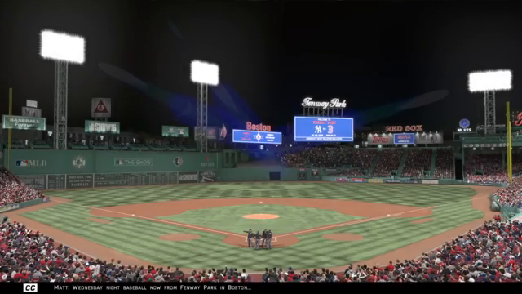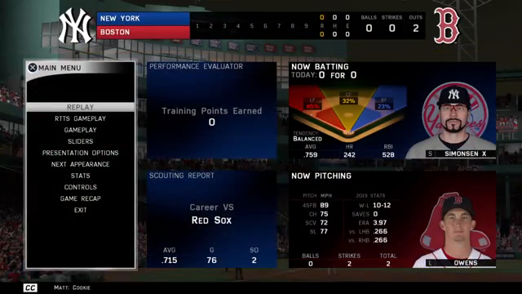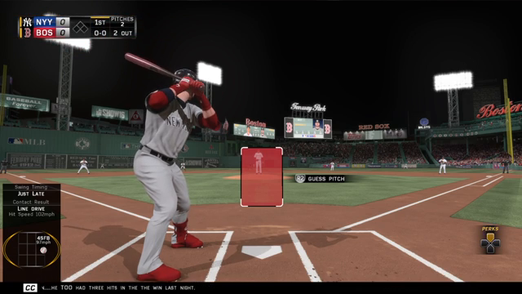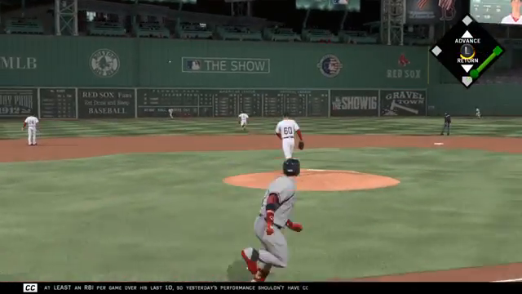Wednesday night baseball now from Fenway Park in Boston. Tonight, the second of 3 to start the week. Cookie Cowboy will stand in. He, too, had 3 hits in the win last night. Well, you know, he's been averaging at least an RBI per game over his last 10, so yesterday's performance should...